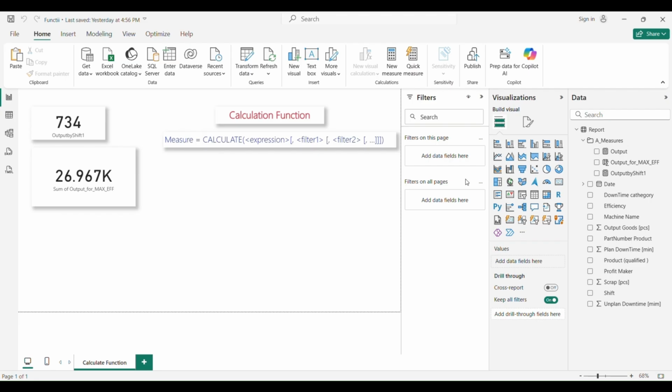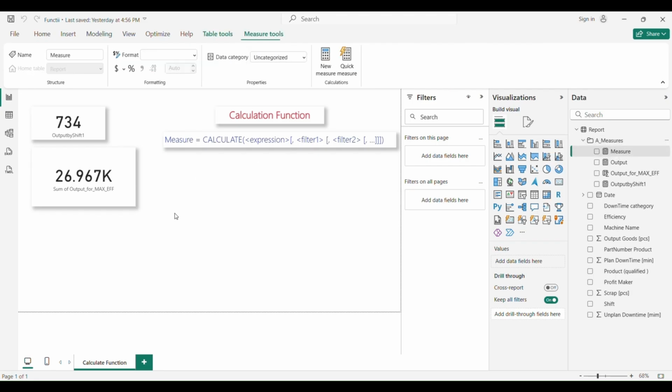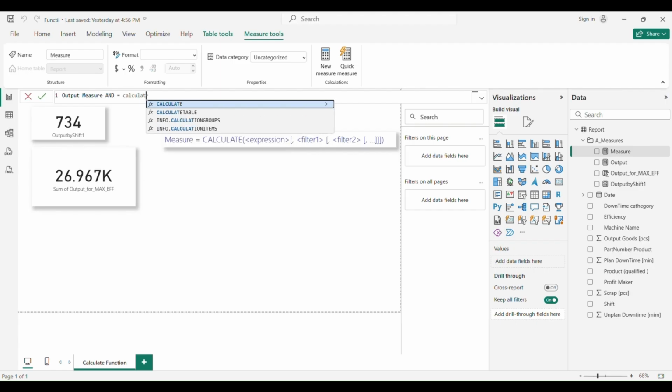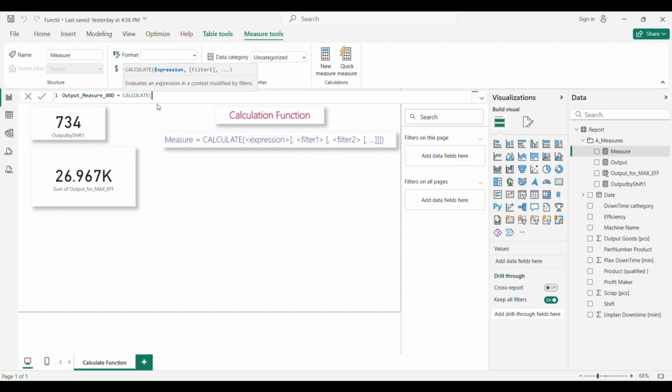So for example, let's make a new measure and just call this output measure end. So end is an operator, so we will say calculate.